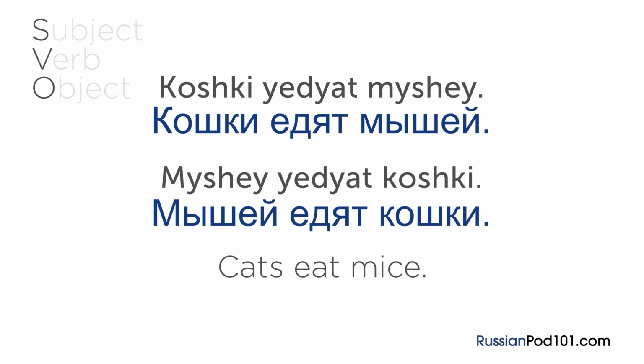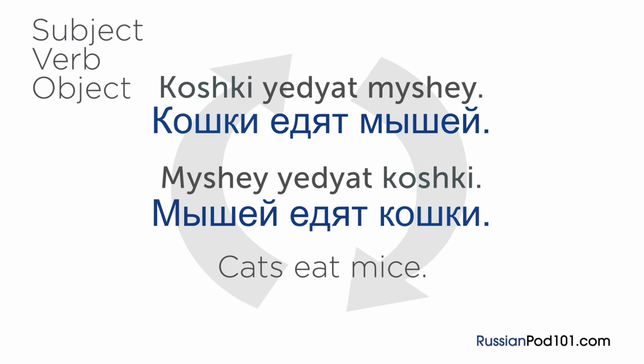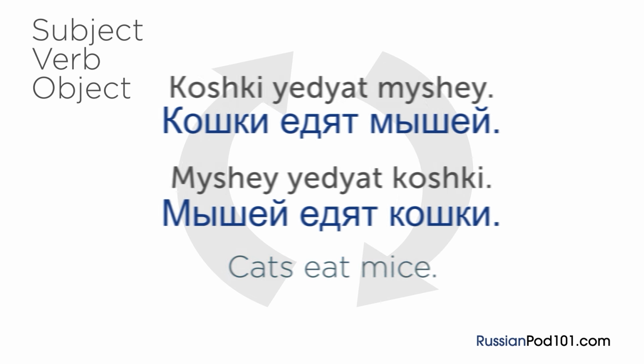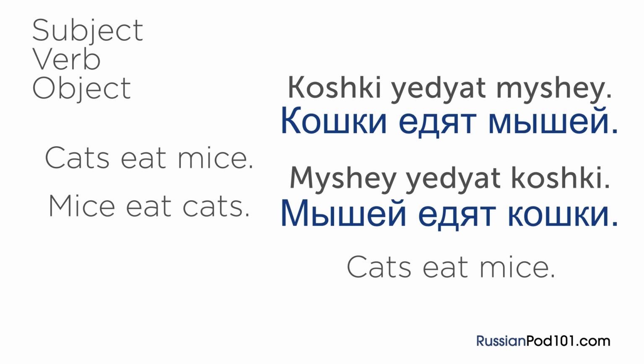Starting with the SVO word order, кошки едят мышей. We can swap the subject with the object like we did for English, and yet, мышей едят кошки. The meaning of the sentence remains the same. In fact, we could swap the sentence any which way, and it still wouldn't change the core meaning of the sentence. Unlike English, Russian doesn't rely on the word order of the sentence to signify if a word is the subject or an object because it uses special word endings that act as markers to indicate the role of the